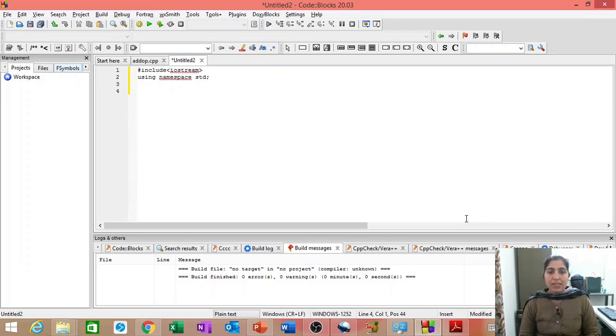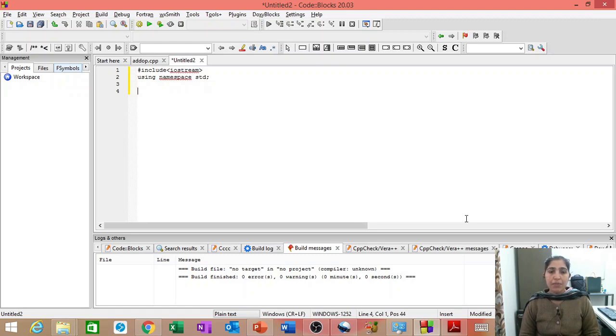So in the previous example, we overloaded the plus operator. Plus operator is a binary operator. Binary operator means it operates on two operands. So in that case, it was operating on two user-defined data types of type distance, d1 plus d2, d2 plus d3, and so on. Okay.